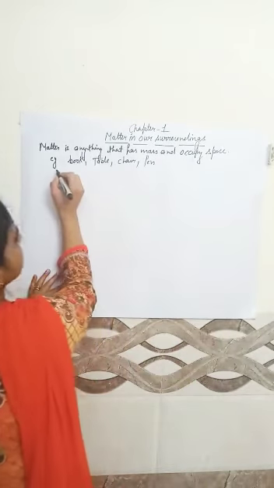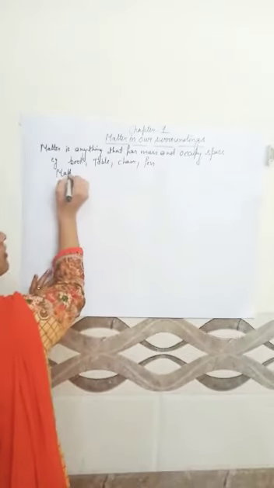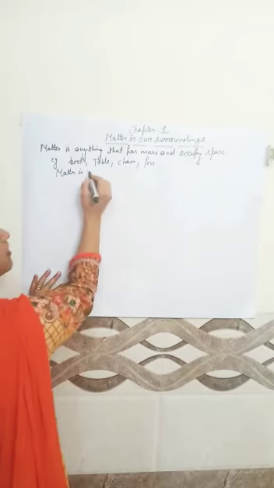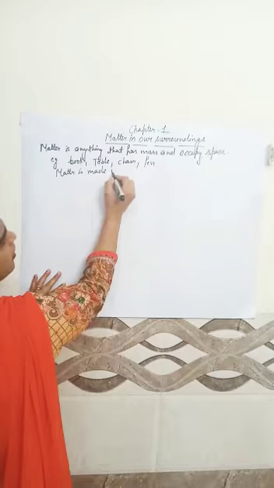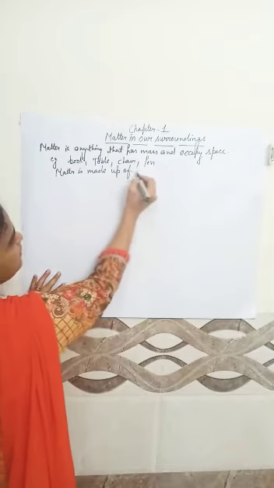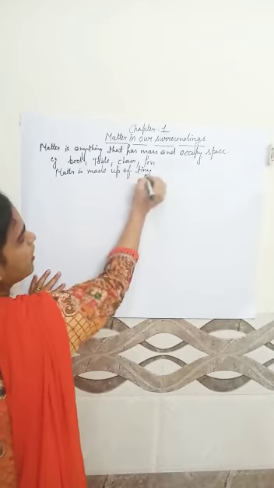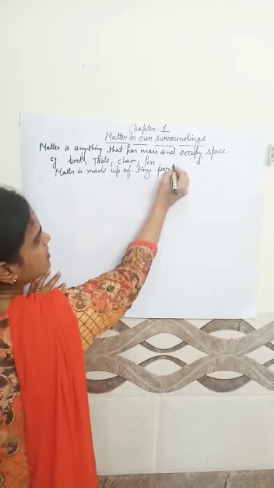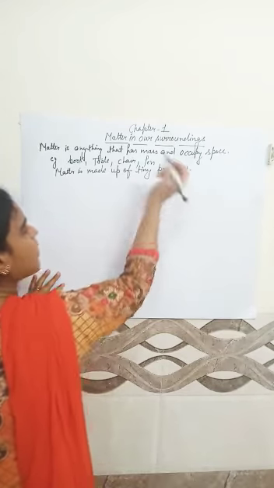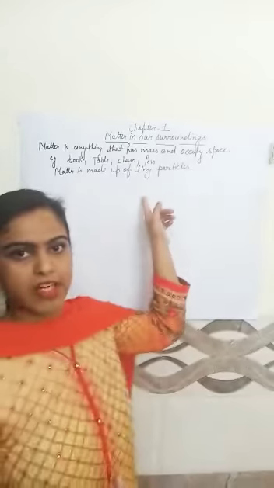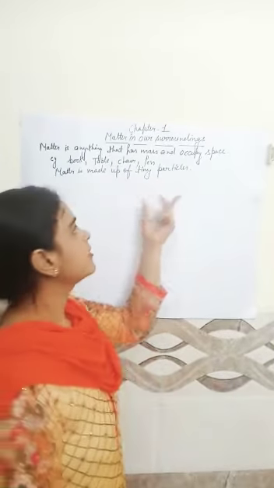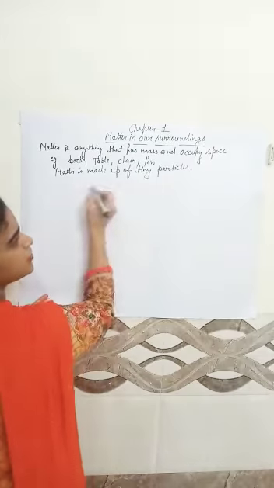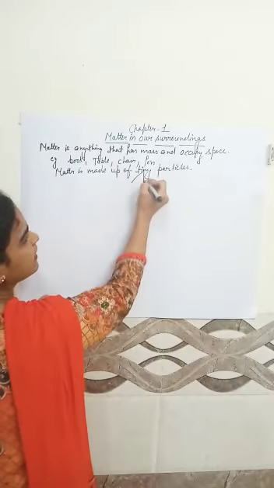The answer is that matter is made up of tiny particles. Matter is made up of tiny particles. Now these tiny particles possess some characteristics. You have discussed the characteristics of tiny particles, that they